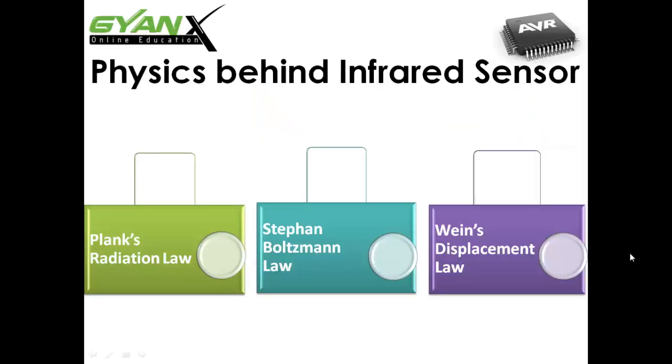Next is Wien's displacement law. Wien's displacement law tells that objects of different temperature emit spectra that peak at different wavelengths. It provides the wavelength of maximum spectral radiant emittance at a given temperature. The relation between the temperature of the black body and its peak spectral exitance or dominant wavelength is described by this law. So this law basically talks about lambda max is equal to K by T, or you can say 2898 by T.